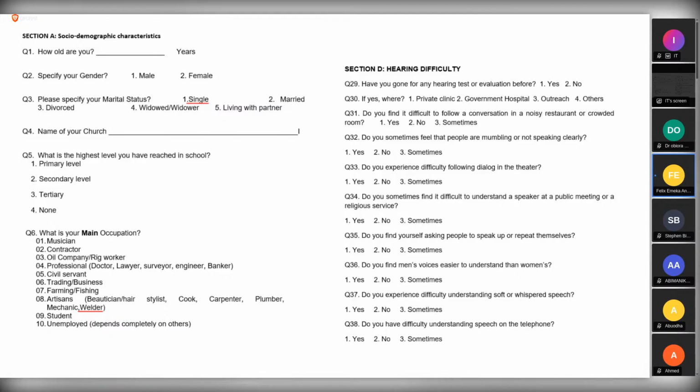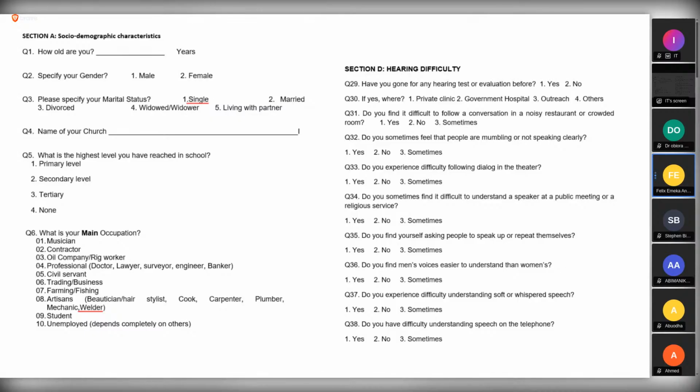Someone asks quickly if social demographic characteristics can be an objective one. Yes, it can be. Sometimes your objective one can be to explore the social demographic characteristics of the participants. But trust me, that objective is not necessary, because there's no study you will do in which you're not going to assess social demographic characteristics. Why? Because it is a key component of every research you do. They can serve as confounders.